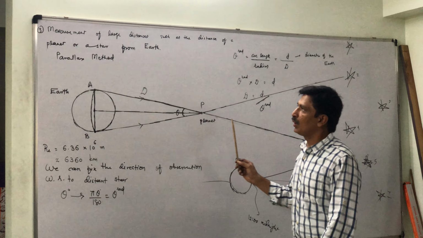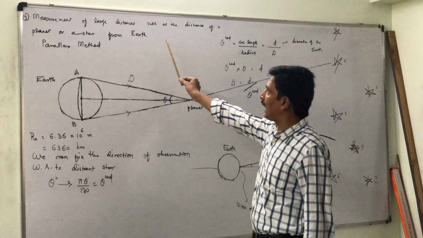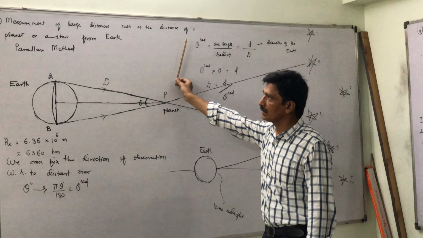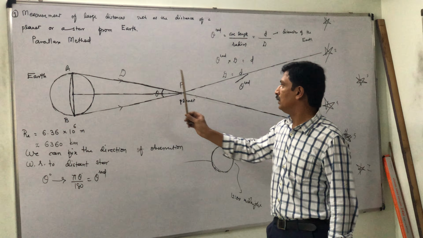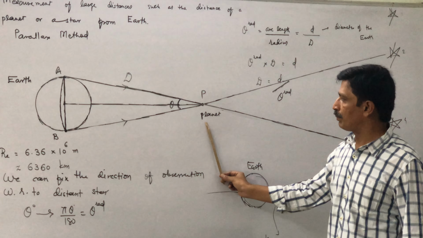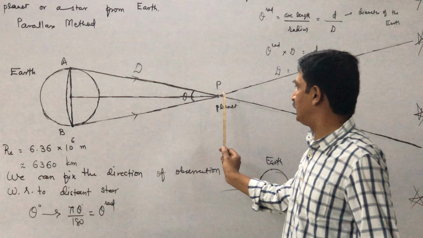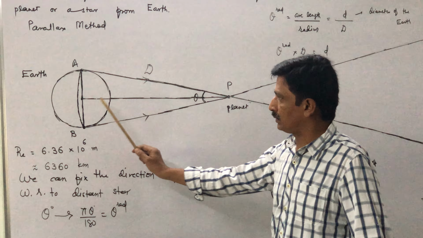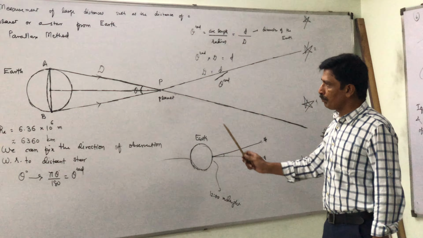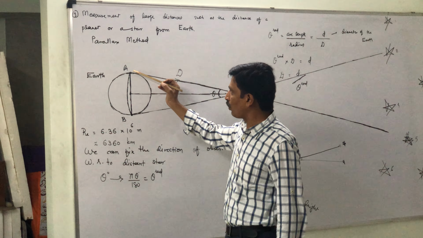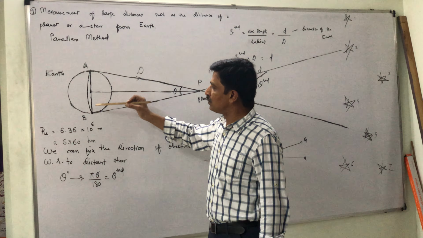Today we are discussing the parallax method. That is, how can we measure large distances, such as the distance of a planet or a star from Earth. This one is the planet, a faraway planet or a star, and we want to find this distance between planet and Earth. So for this, we are observing the same planet from two observatories, say